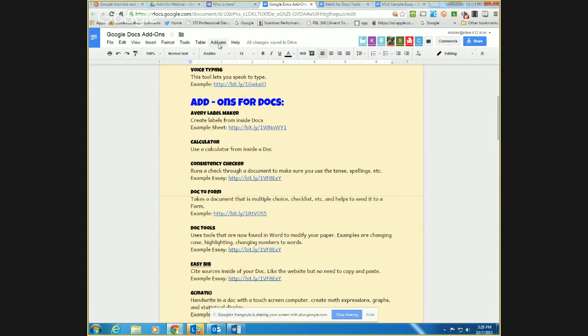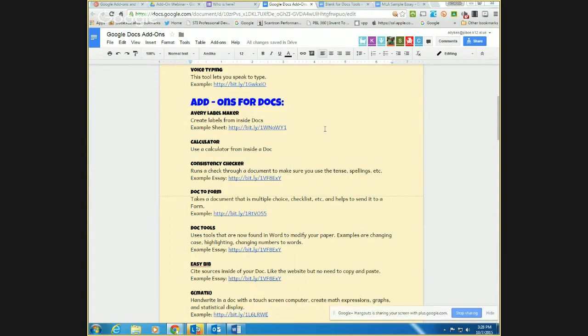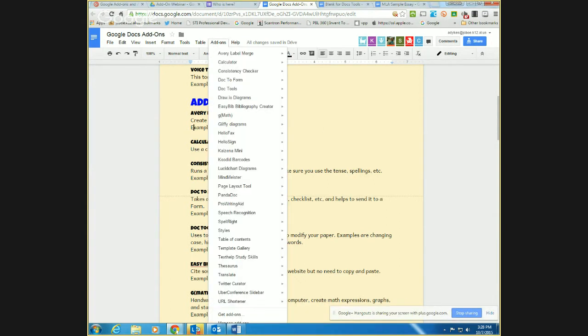So if you're in documents and if you go over here where it says add-ons, yours isn't going to look like this. Yours is going to have a, see, I've got this little thing down here at the bottom. I don't know if I can. So if I click add-ons,